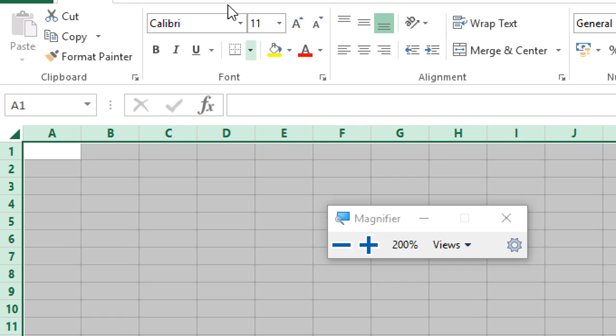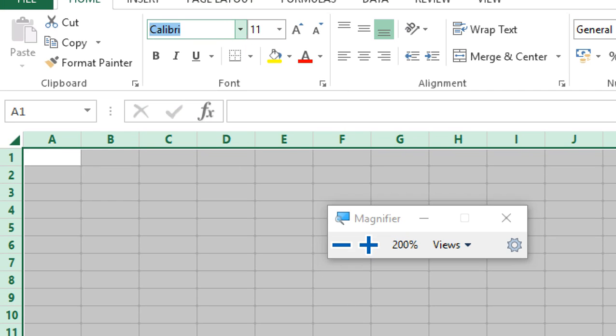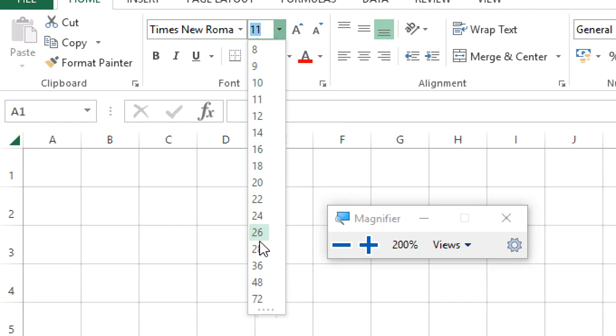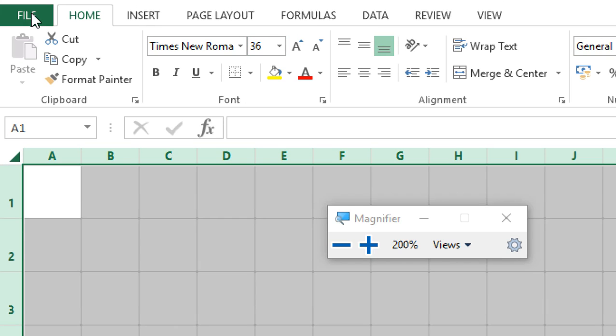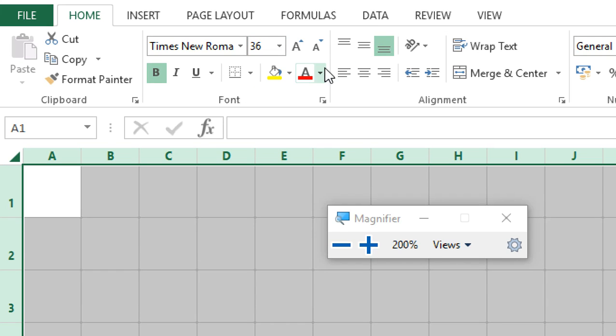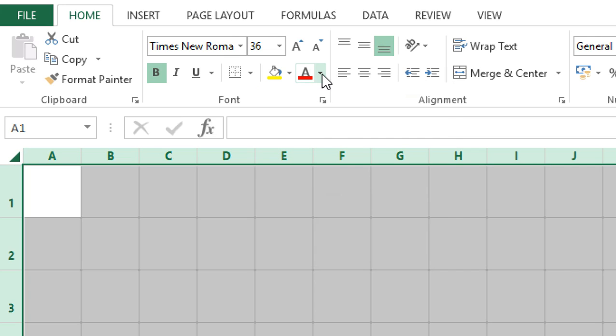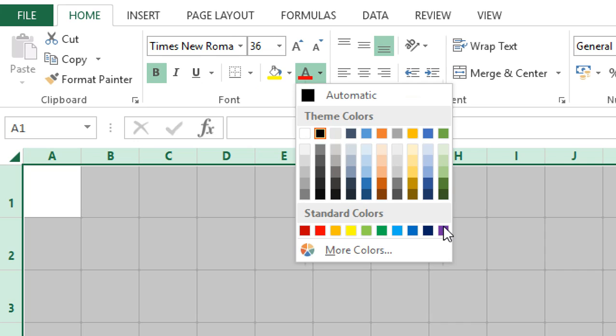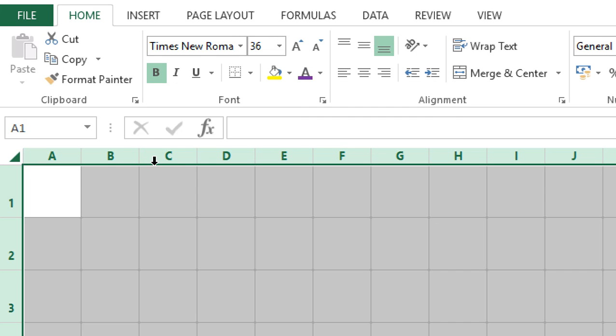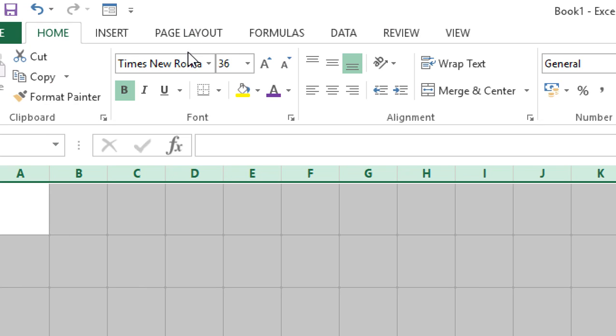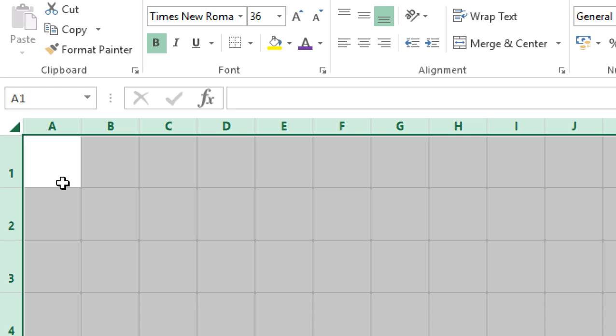Because of changing font style, font size and font color. So each and every time, in each and every cell, we do not have to change it again and again. Clear everyone? So that's why select the entire worksheet first of all, and then afterward change. If you are doing any kind of work in Excel, you must do this before starting your work.